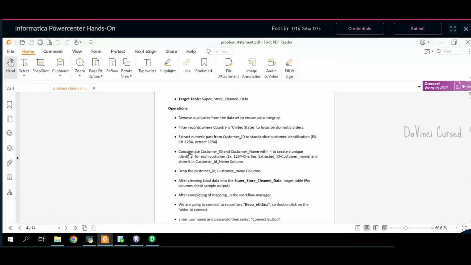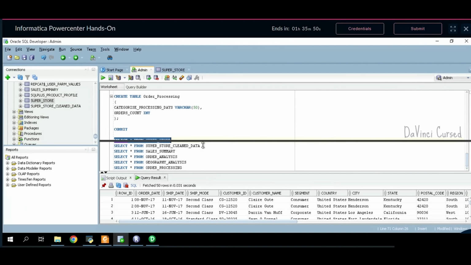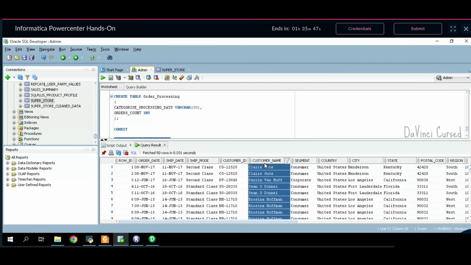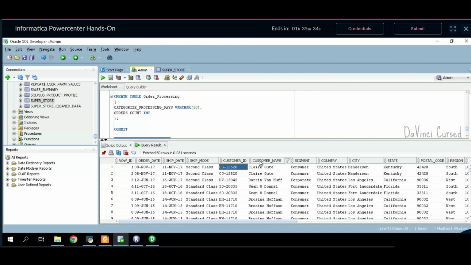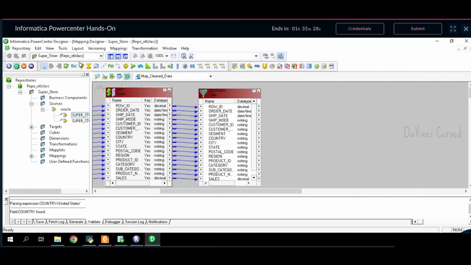What is it? Concatenate customer ID and customer name with a hyphen in the middle, create a unique identifier for each customer, structure and store it in column cust ID name. Now what we need to do is, we have a customer ID and a customer name here. They want us to concatenate both of these columns into a single column called customer ID name, where we'll have only the numerical part of the customer ID with a hyphen followed by the customer name. To attain this, we need to use an expression transformation